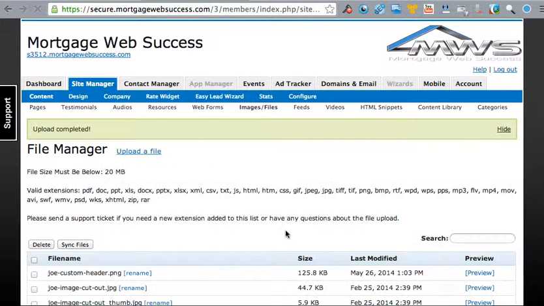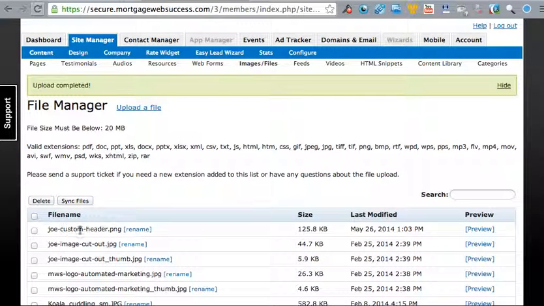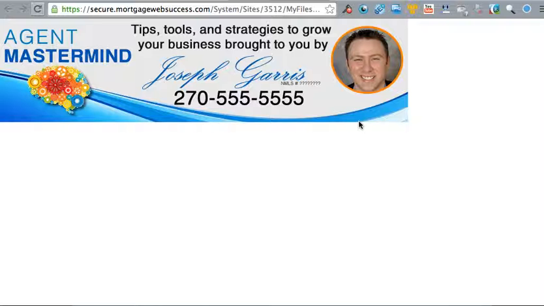And now it may take a minute or two for the system to sync up the files. It actually creates a secure version of the file as well. So here I can see Joe custom header.png. I can click preview here and I can see what that's going to look like. And so the file size here is around 780 pixels wide is what you want. So that's 780, and then you just put a lowercase p and a lowercase x when you're telling your Fiverr